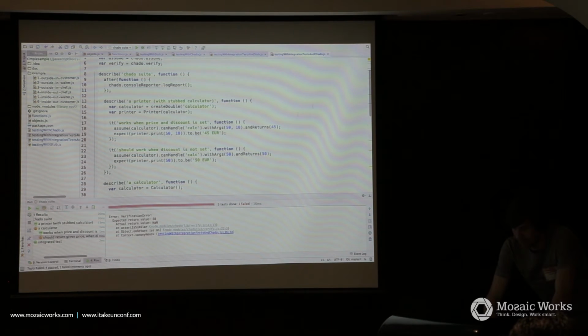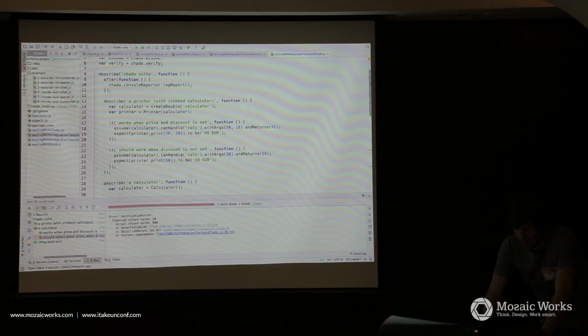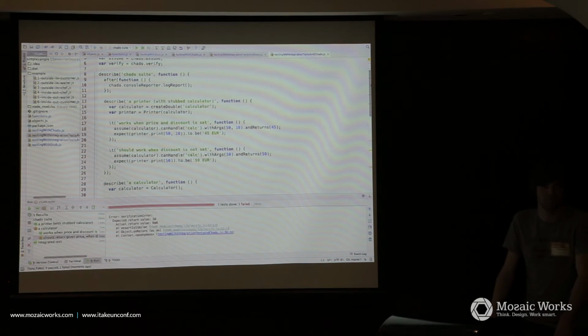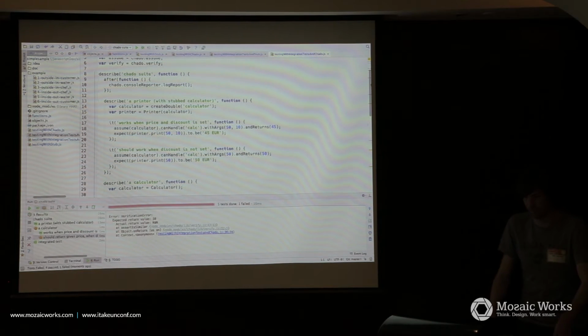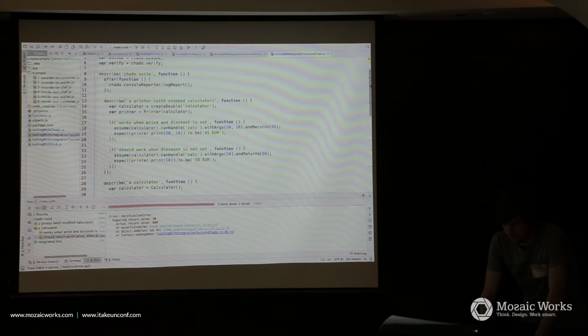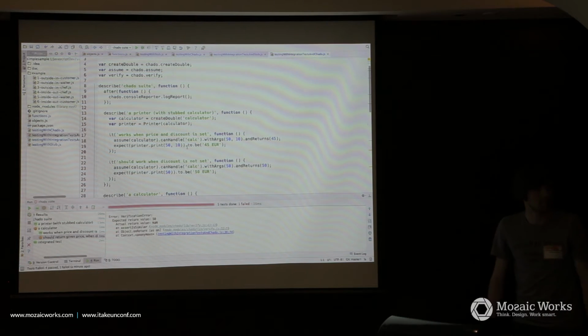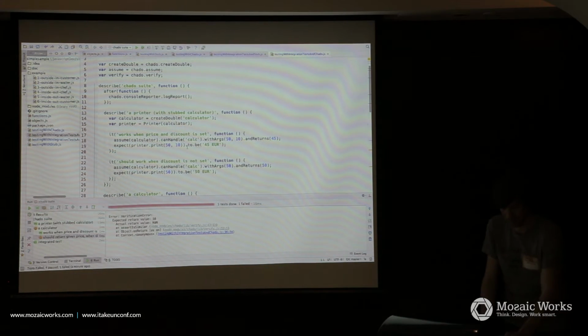But if we would have used it in production with a real calculator, it would have crashed, because a real calculator cannot deal with only 1 argument. And so this way you see, oh, you're doing a test for something that is probably not tested. So you stub something which is never tested. This is a cool thing.